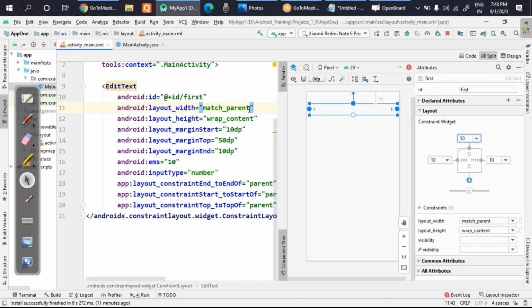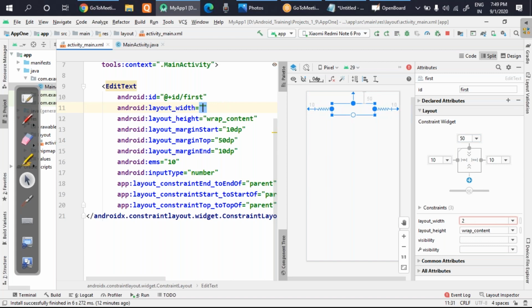So what you will be doing is you will mark your edit text as match parent. You can do it by writing here, or if you click, it will change. See here, it is now match parent. If I click on this, it will become wrap content. You can even see the code has been changed here. So it's up to you, whatever you want, you can do. I will keep it match parent. This one is called fixed and this one is called match parent, so you have to keep that in mind. So I'll make it match parent.